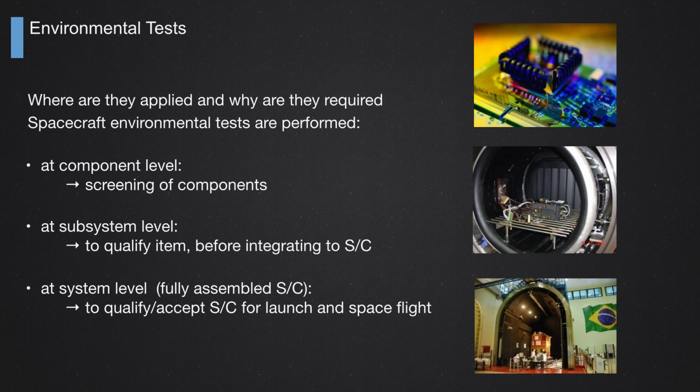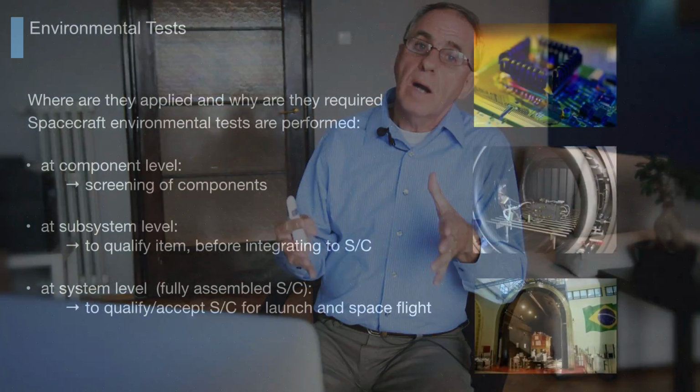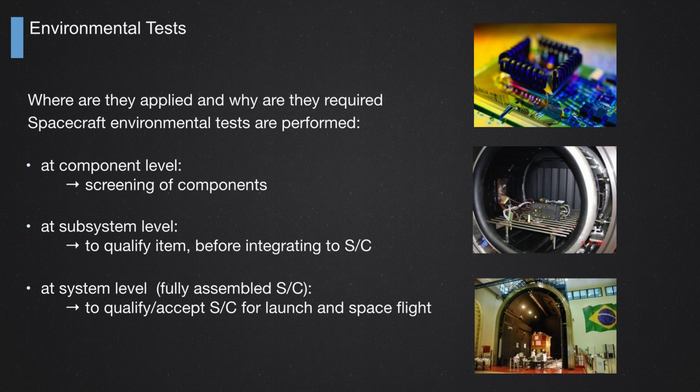Then we go to the subsystem level. We use all the electronic components to build the boxes, the equipment. So then we have the box ready. The boxes are onboard computers, DC-DC converters, power supplies, all the electronics of the satellite. Once we build them, we test them as well before integrating the real spacecraft. Why?